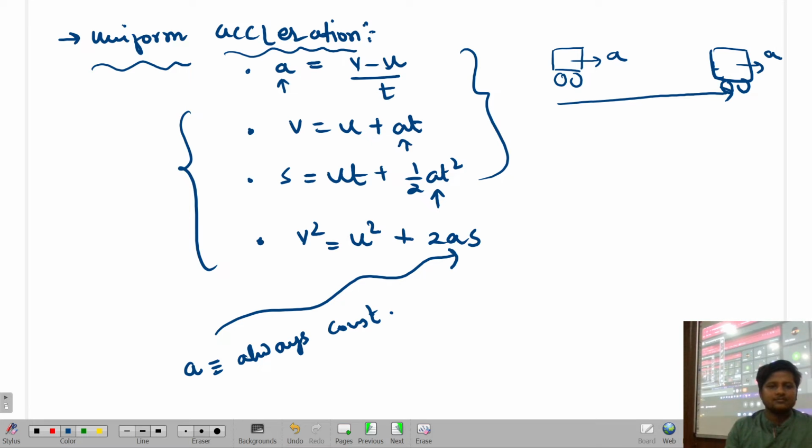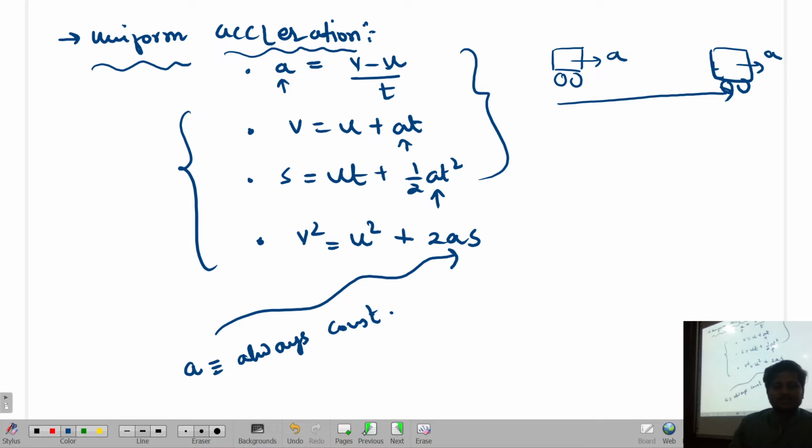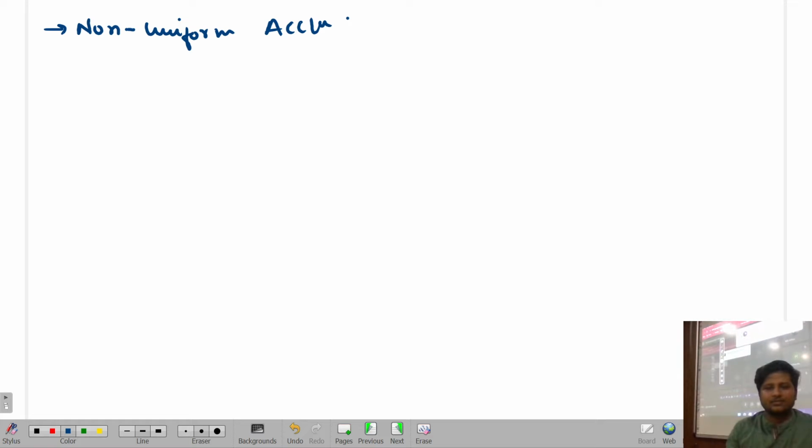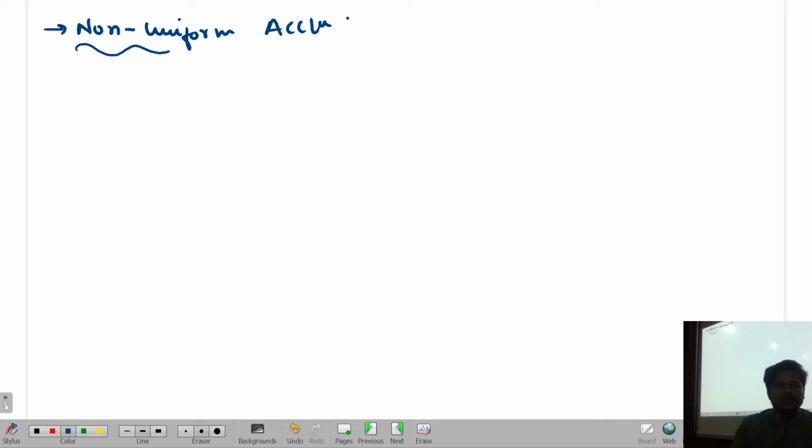Okay. Now, next is one of the most important points, that we are entering non-uniform acceleration. So before going to non-uniform acceleration, what will be the theory part of non-uniform acceleration? When we are considering non-uniform acceleration, what is going to happen? Your acceleration will not remain constant. A will not remain constant